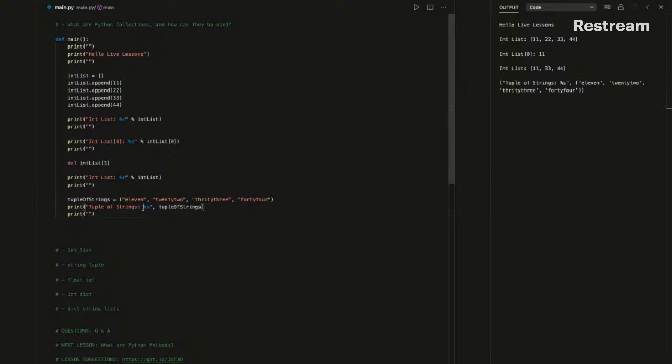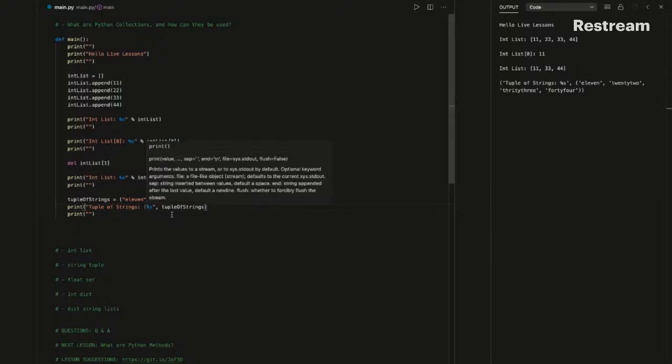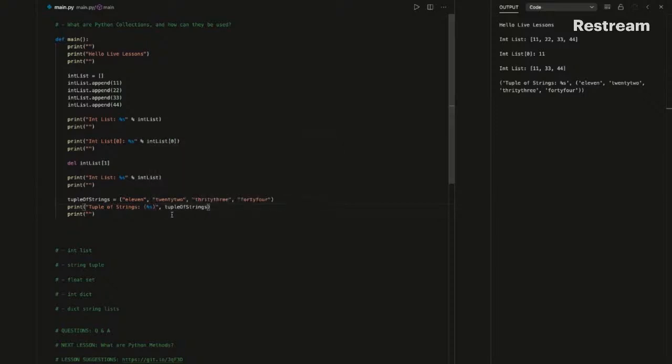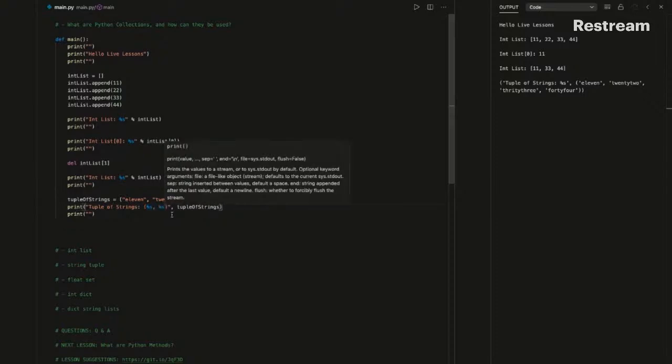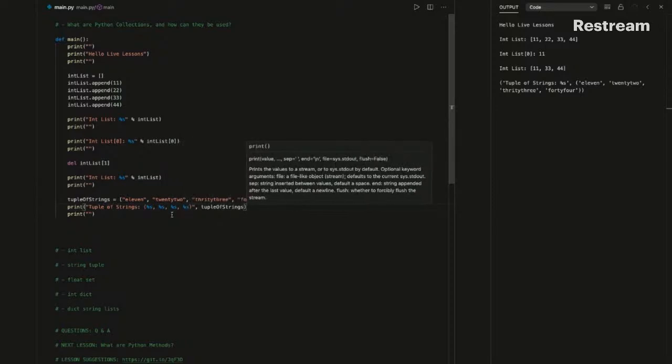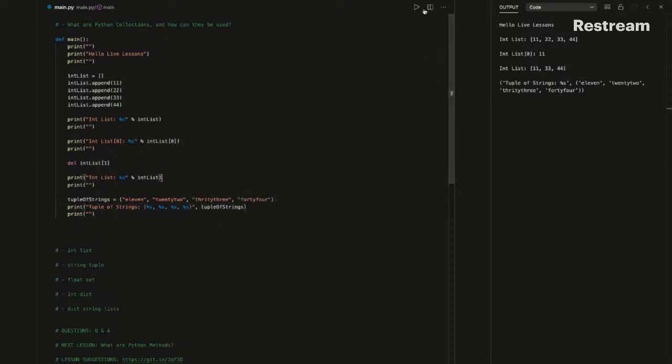The problem with this is that it didn't actually print the tuple because we need to reference each one of the tuple variables inside of the tuple. So the first one is 11. Second one is 22, the third one is 33, and the fourth one is 44. Okay, so with this,